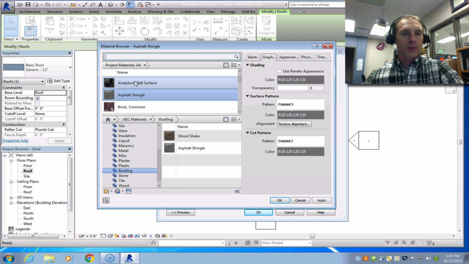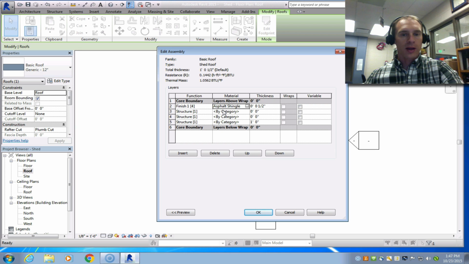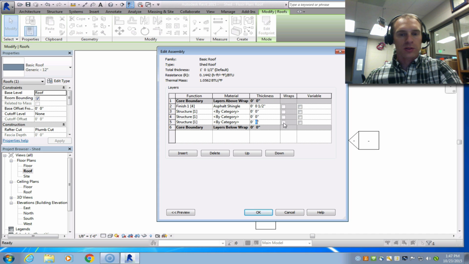And it's already up here. That's why it said replace. So it was already in there. I'm going to click apply, and okay, so that one is set. The bottom layer is going to be, we're going to make this a 2x4 roof. We're not expecting a lot of load on this, so we're just going to do 2x4 trusses on this